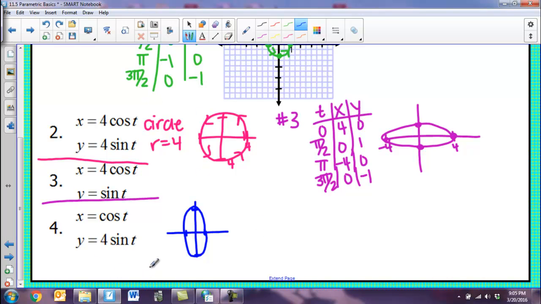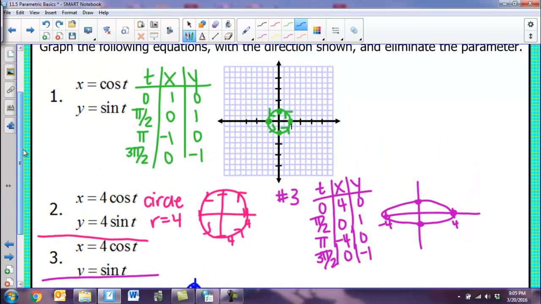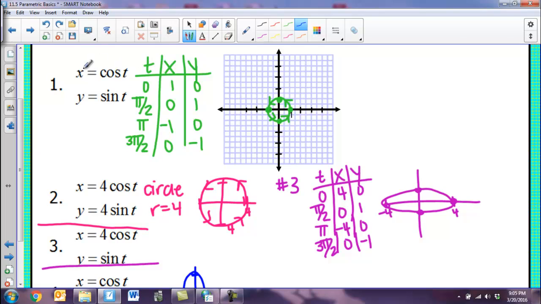So again, we can always make a t-chart to graph these things, but when I'm writing these in rectangular form, I don't really want to have to do a lot of crazy trig and try to solve this for t and do inverse cosines and sines, and that's icky. So there's 2 ways that you could get rid of the parameter, eliminate the parameter, and get this into rectangular form. The first thing I can think of is I have a couple identities involving the squares of cosine and